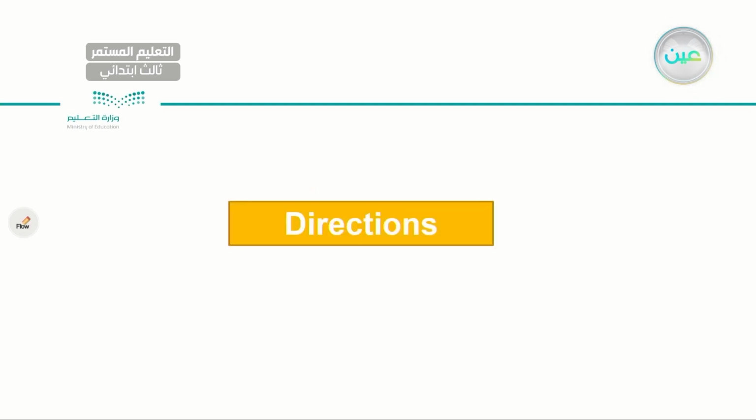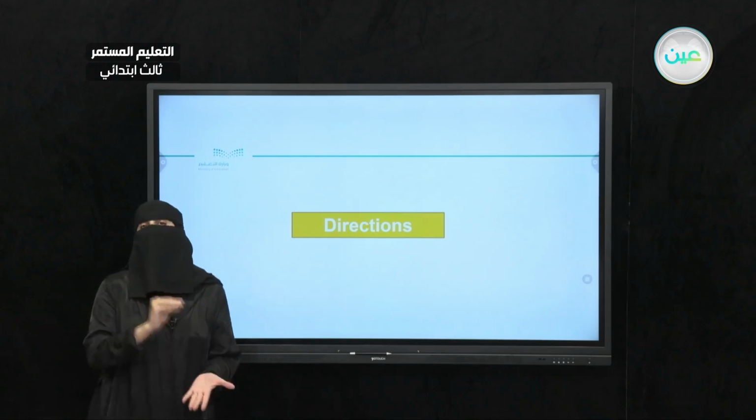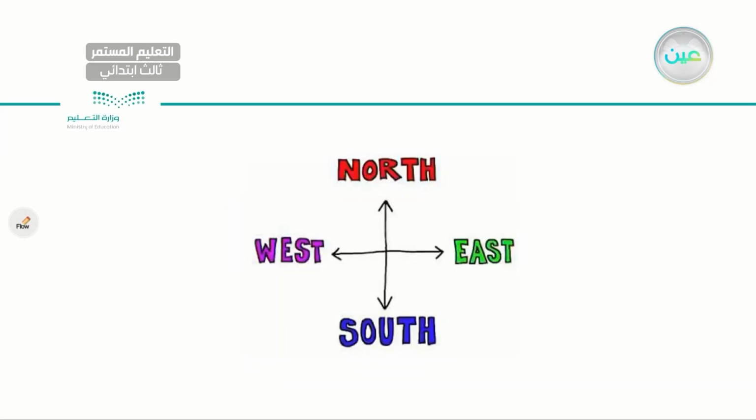Now, also we learned something in that unit. Directions. What do I mean by directions? How can I describe the place or how to get to a place or the location of some cities, for example, by giving the directions. Now, as you can see here, I have the 4 main directions that we often use. Let's start with the red one. North, south, east, west.